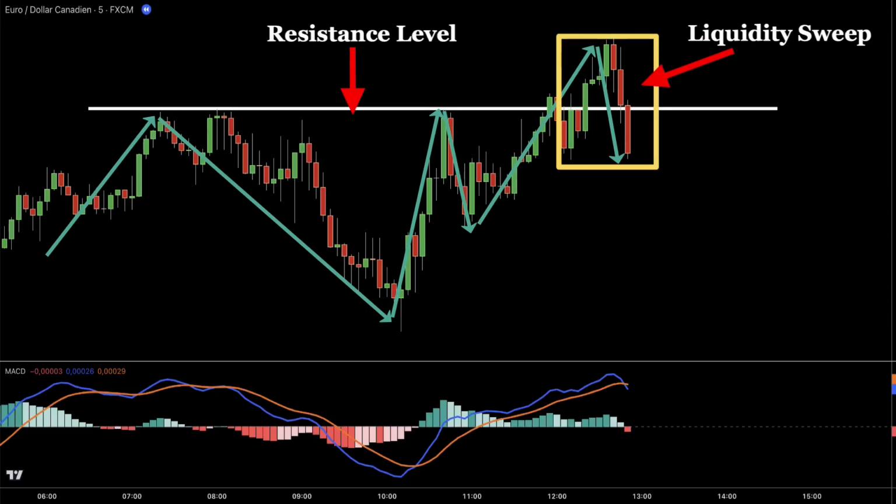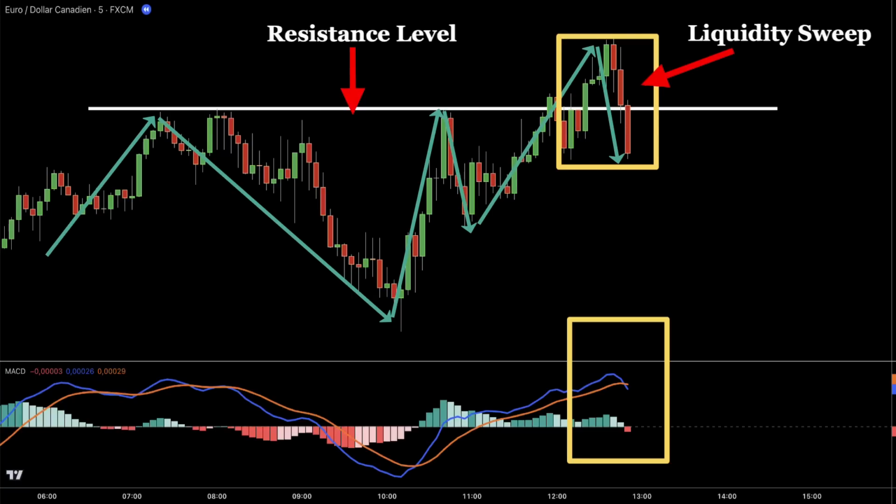This is a classic liquidity sweep. Smart money trapped breakout traders who thought the market would continue upward. Instead, the market reversed, hitting their stop losses. Now that we know smart money has likely trapped retail traders and the market is primed to go down, let's